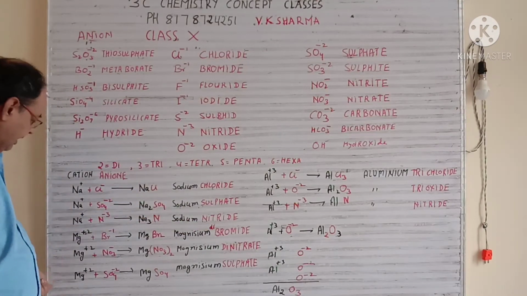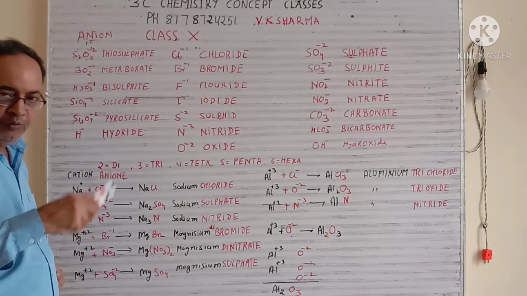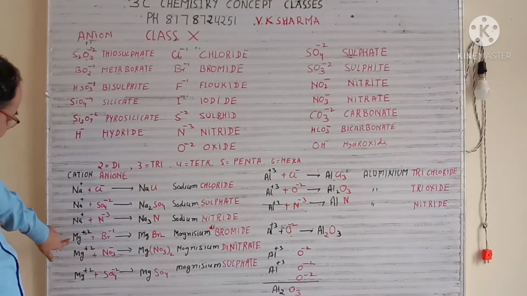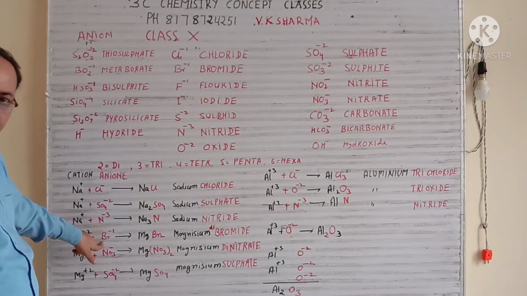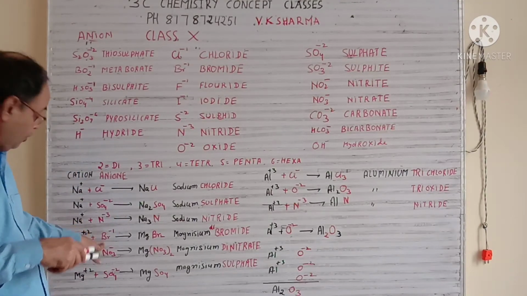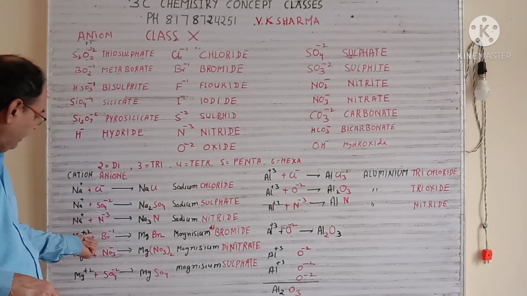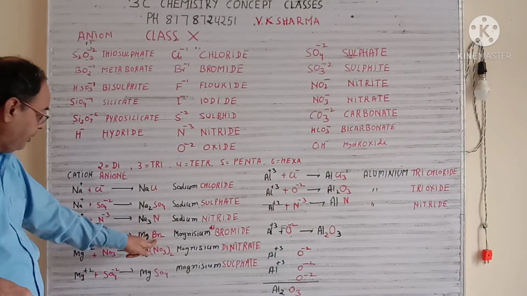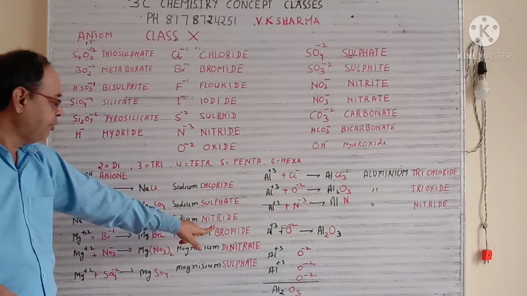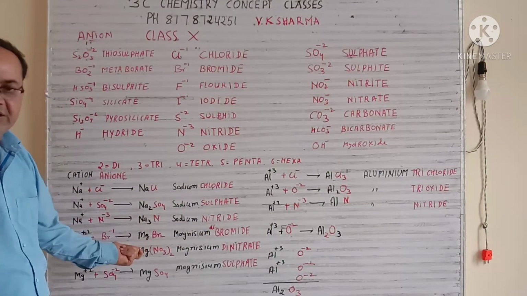Now, I am taking an example of a cation with 2 positive valency. So, when cation has 2 positive valency, and here bromine is minus 1. So, bromine is minus 1, so you need two bromines to balance it. So, your compound will be magnesium Br2, that is MgBr2. So, magnesium dibromide is the name of the compound which exists.